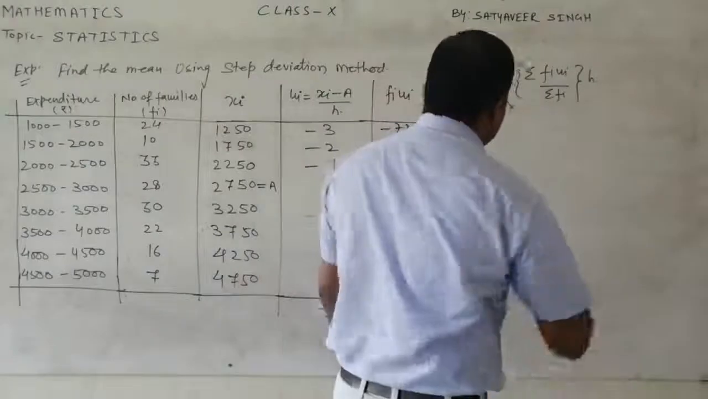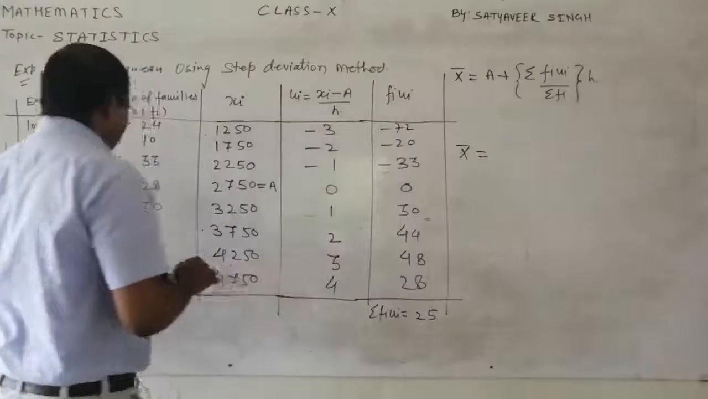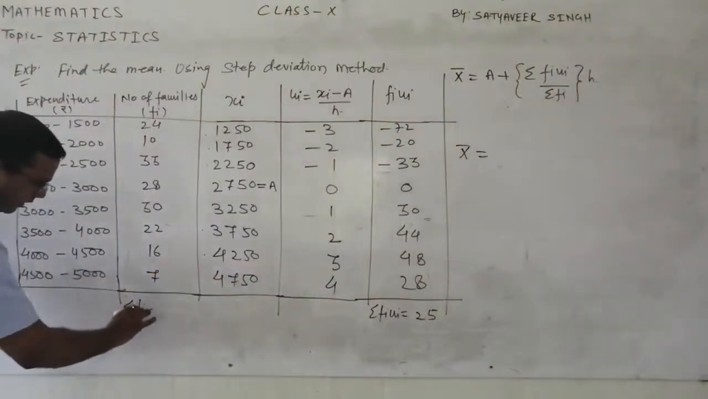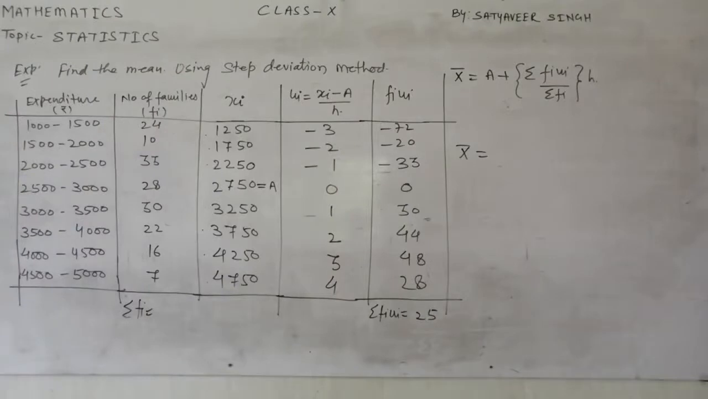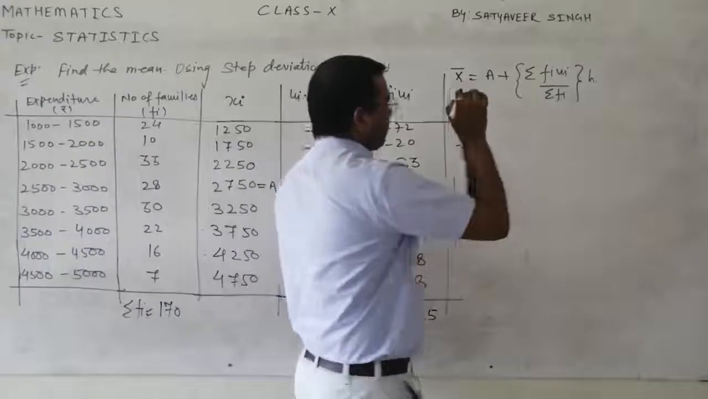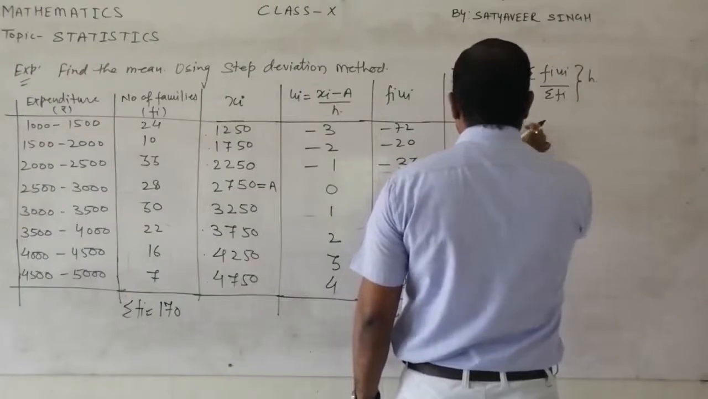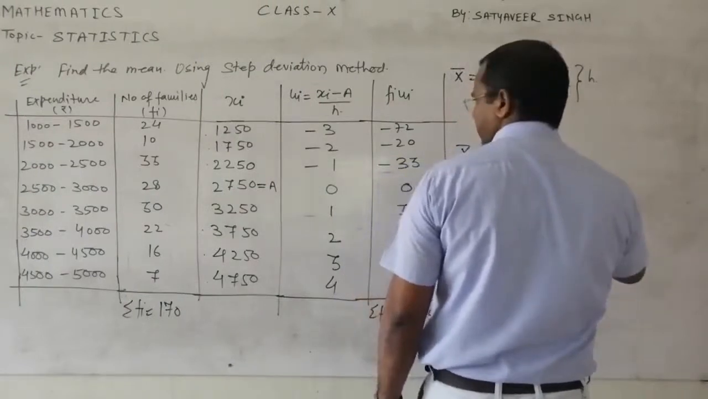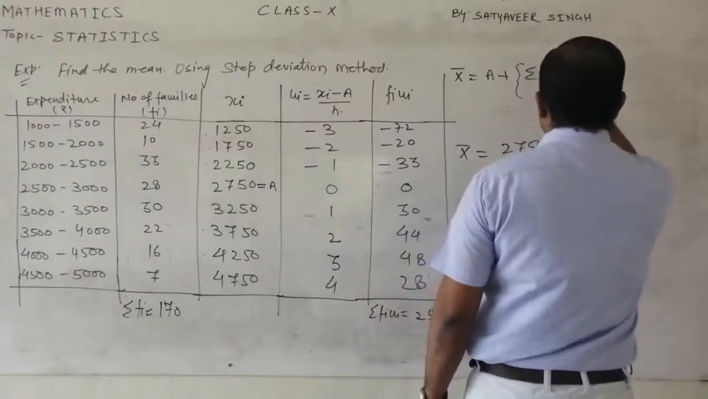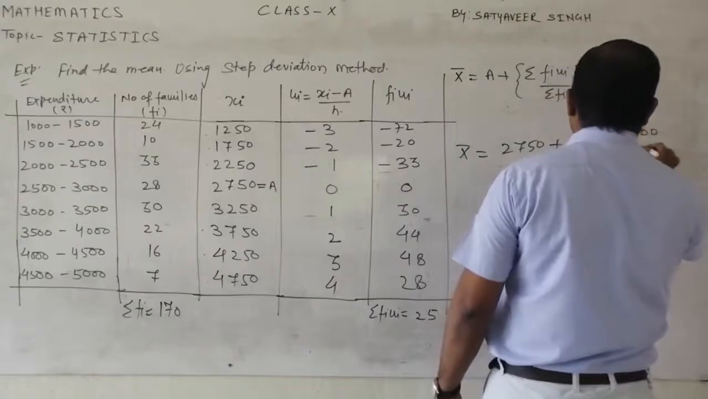So we will write mean is equal to, and the sum of the frequencies is also needed. So you will find summation Fi. If you add 24 plus 10 plus 33 plus 28 and so on, you will be getting 170. So let us put this here. The value of A is 2750 plus 25 into H, which is 500,